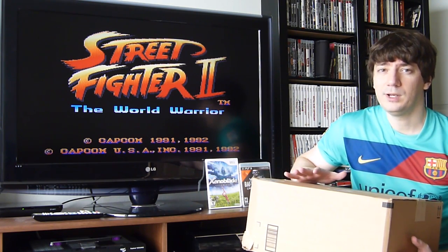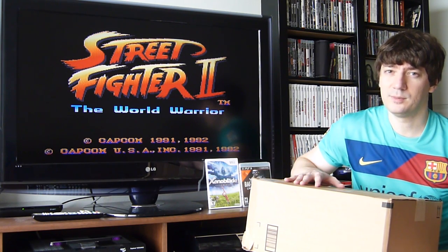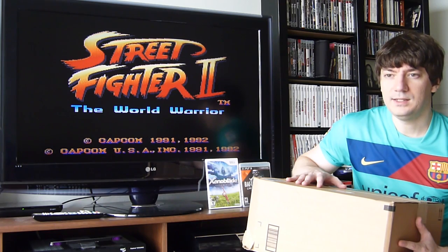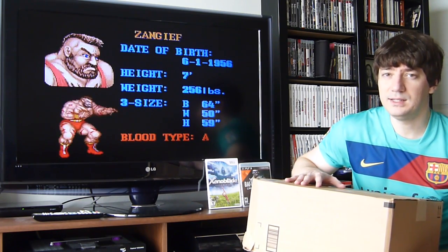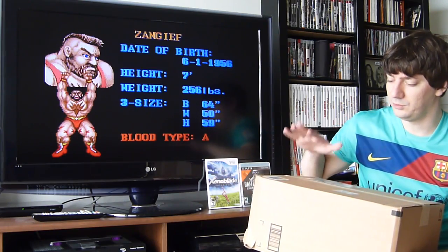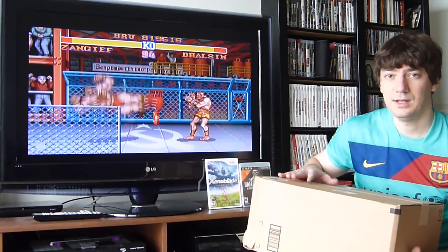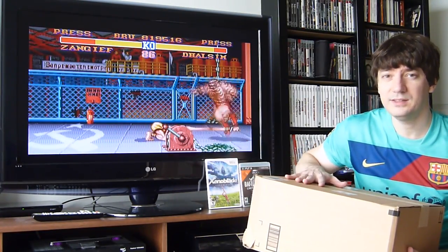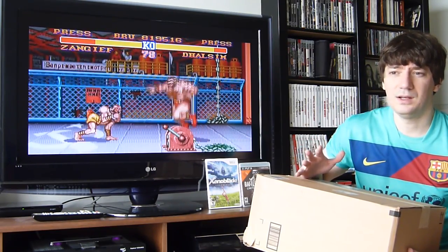but at the time I did not take into account that the Wii U was not announced, the Neo Geo X portable device was not announced. So I didn't really plan out the money that I was going to be spending. So this is a very expensive collector's edition. It's $150. For the contents of it, it's actually not very expensive,